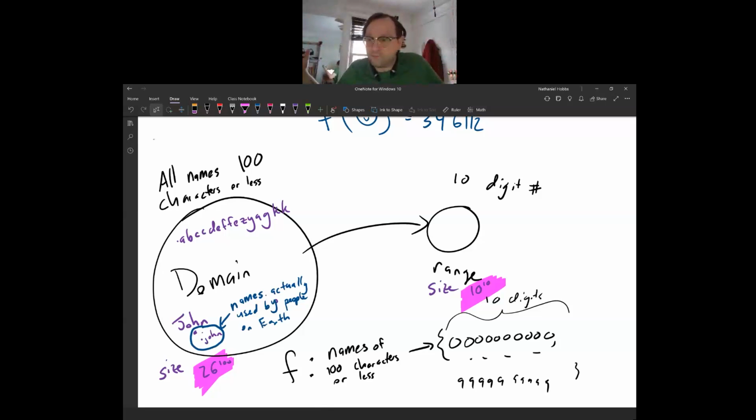The world has like 8 billion people. If everybody had a unique name, if everybody had a different name, well then, you know, 8 billion could be the size of this, which is much, much smaller than 26 to the 100. Now, because this function